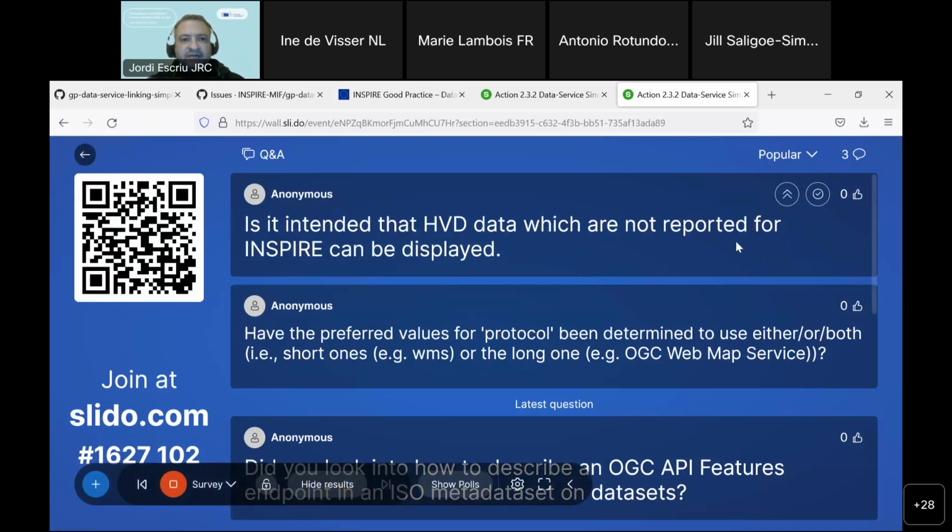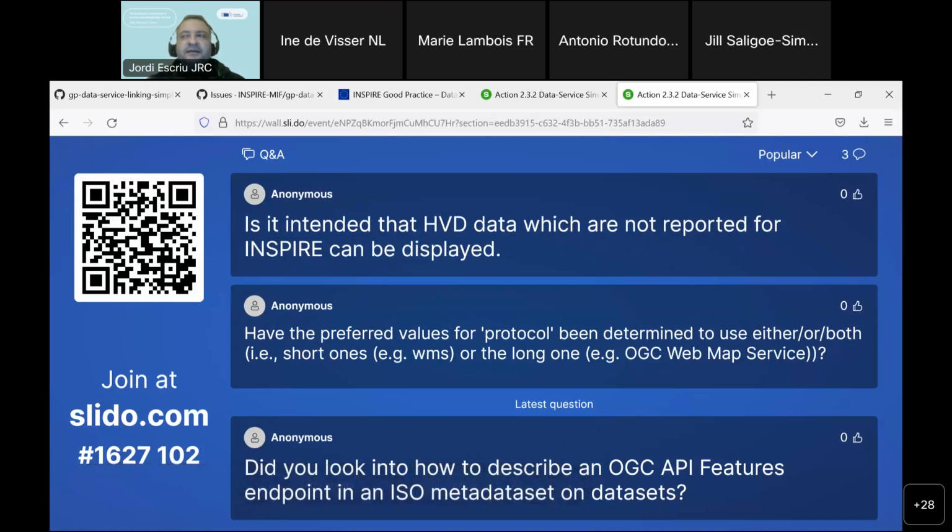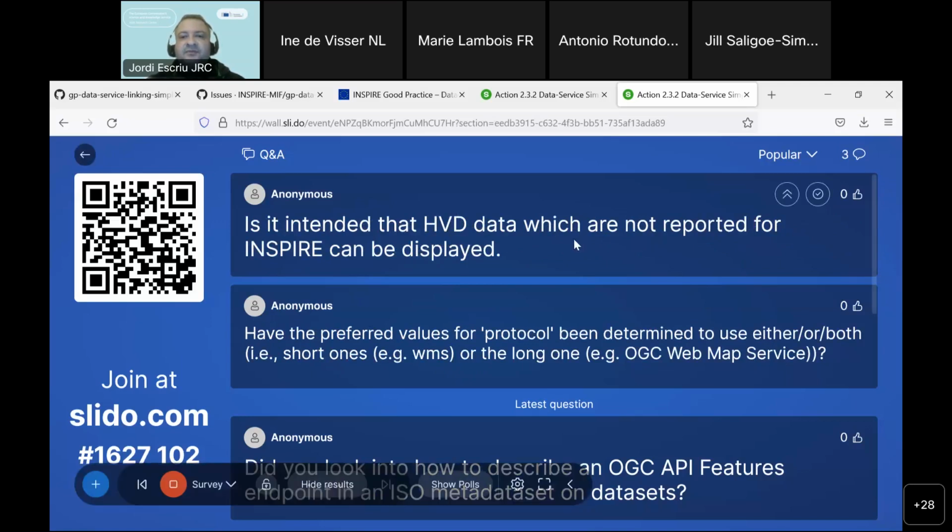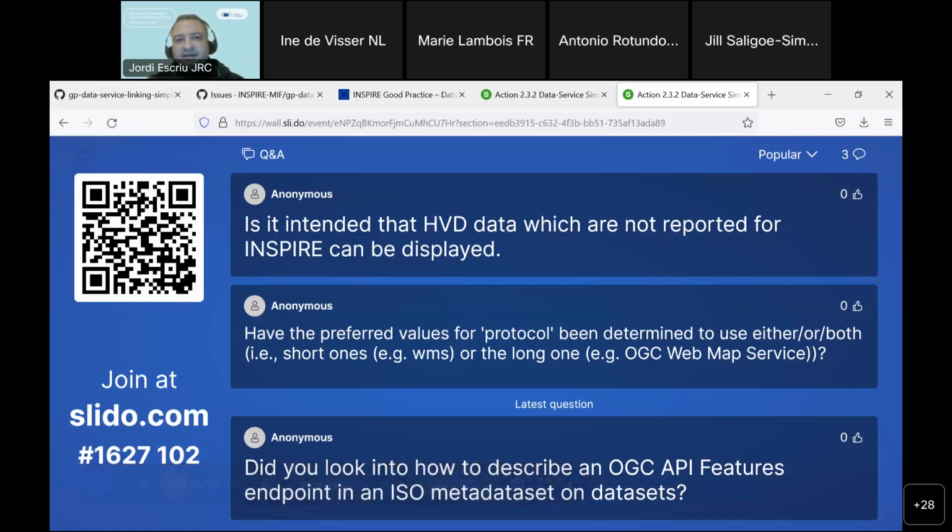So here we have a question asking if it's intended that the high-value data sets which are not reported for INSPIRE can be displayed. So I would say that for the purpose of the INSPIRE portal, we will always be considering INSPIRE datasets, which is the scope of that geoportal. But of course,